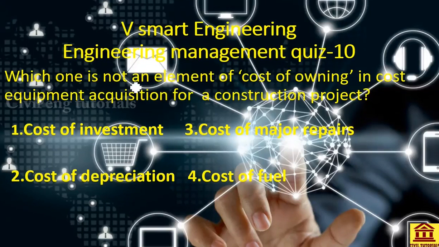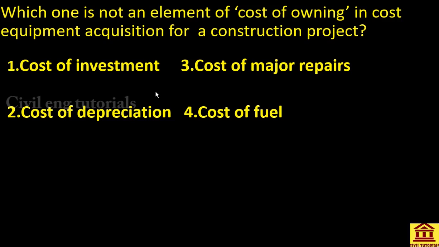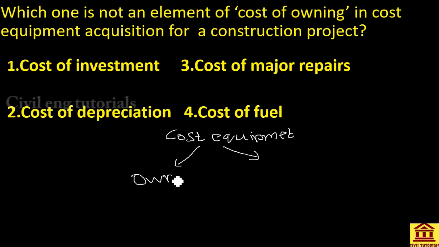So this is our 10th question. Which one is not an element of cost of owning in cost of equipment acquisition for a construction project? So let's go for the question. This is regarding the cost of owning in equipment acquisition. In equipment acquisition, we have to think about the cost of equipment. The cost of equipment can be categorized into two categories. They are owning cost, and this is owning cost, and